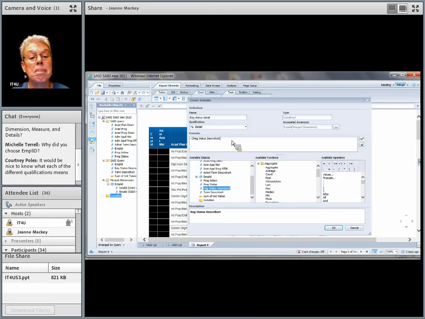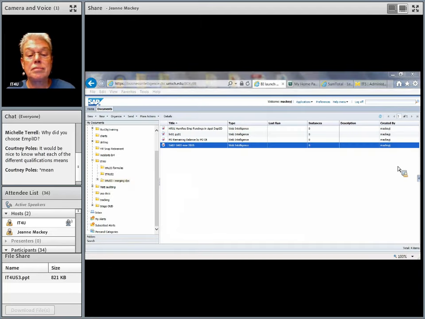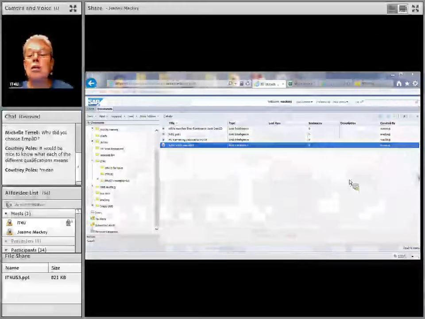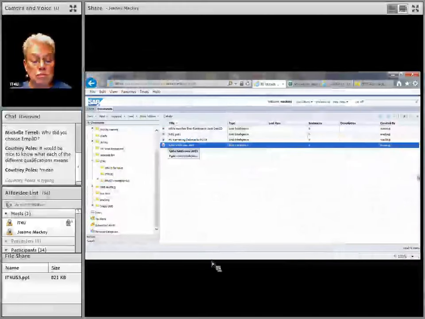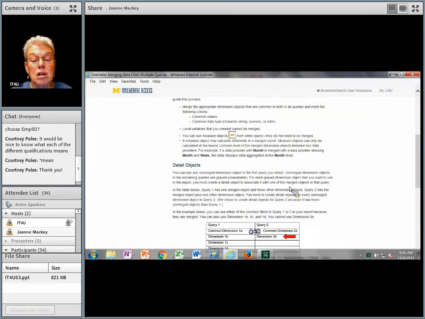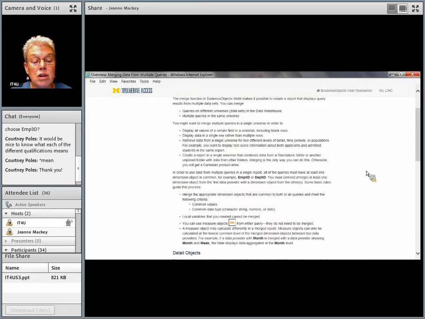And Courtney asked, will you please provide definitions for dimension, measure, and details? Yeah, I think it's in the document I was just looking at, so hold on just a sec. Let me go in there. Is that in here?